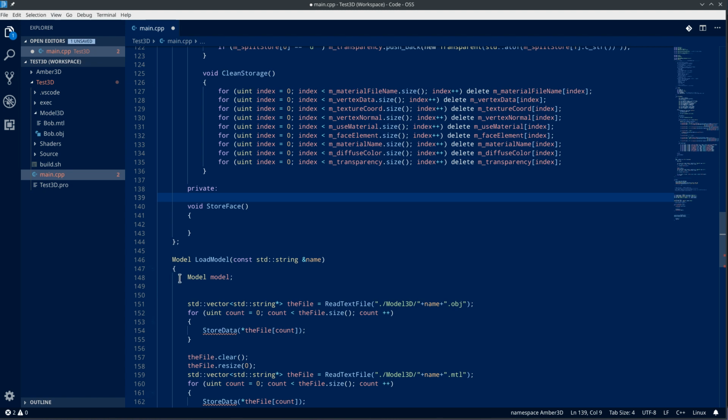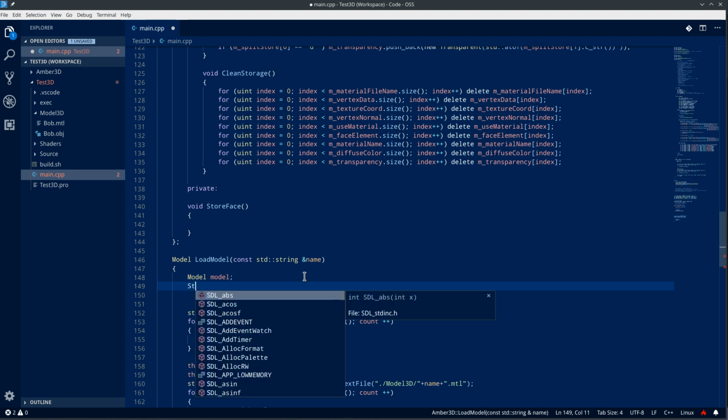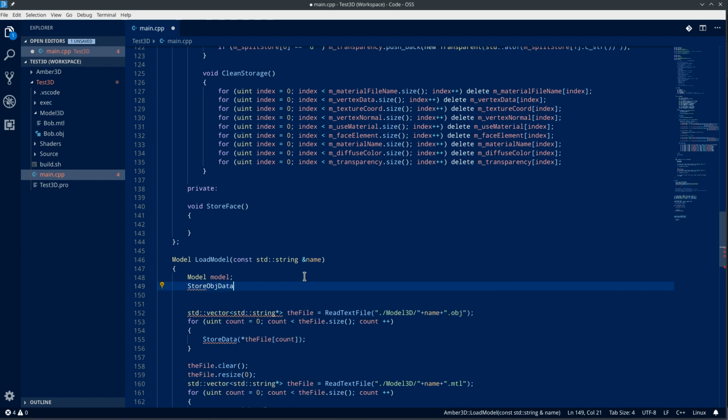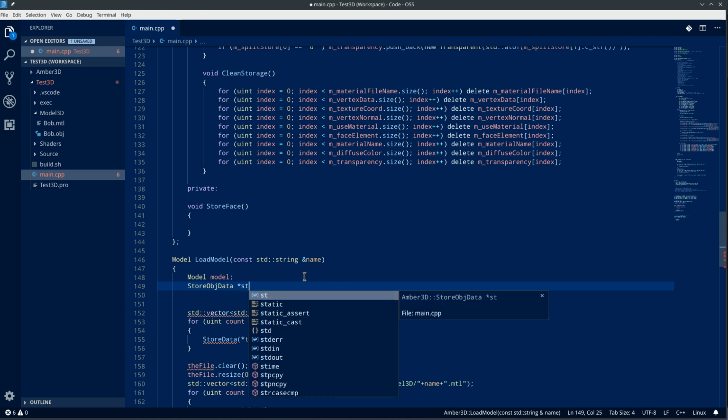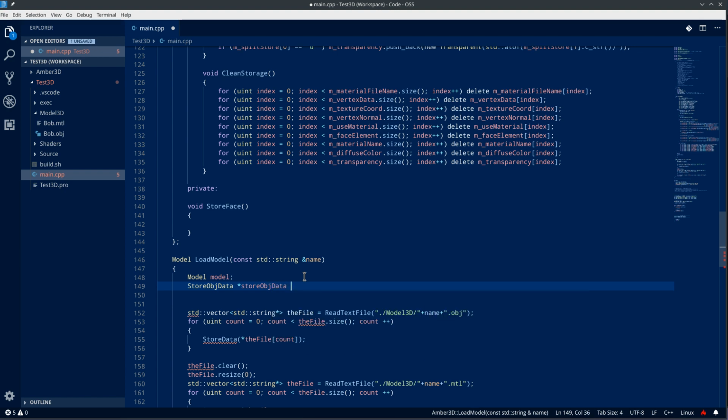I don't think we're going to need this model thingy. We might. Okay. Let's make a store obj data star, store obj data equals a new